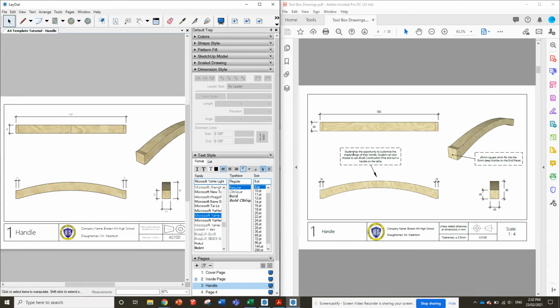Now, for a box like this, the student has the opportunity to customize the shape, design, blah, blah, blah. I think when I did the mantle clock plans, I didn't put any boxes like that in. I started putting them in with the toolbox plans and the bedside table plans. And it helps the kids a lot. Just having a little bit of instruction there about what they're doing does help. But to put them in, it's just a simple